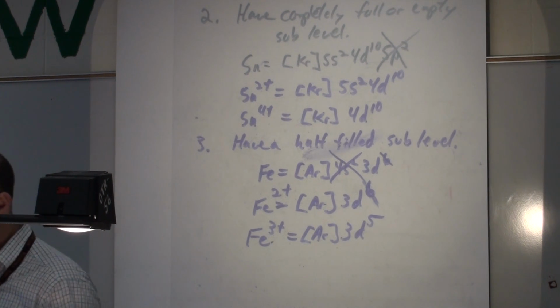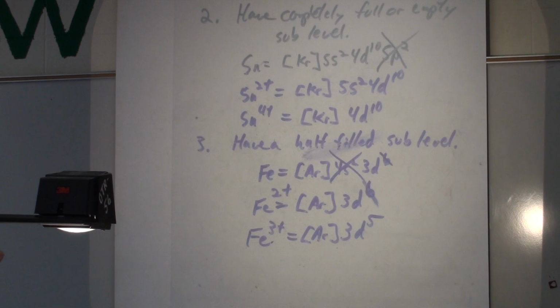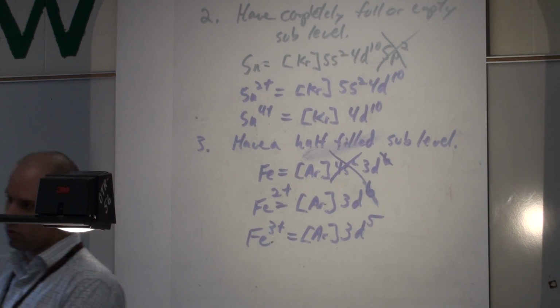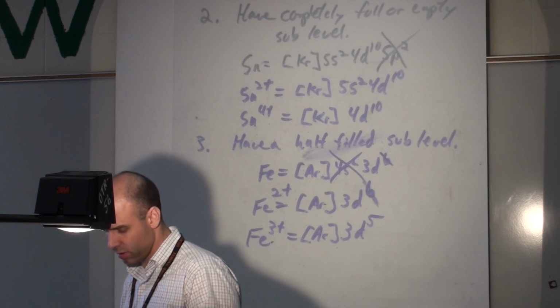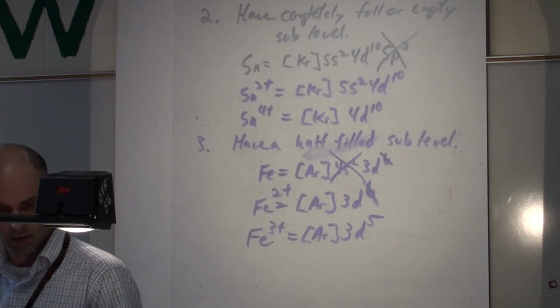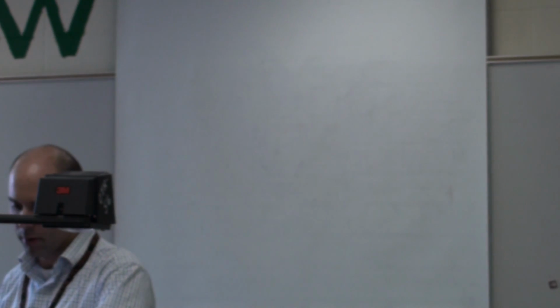So for homework, I want you to read 10.1 in the book, and then do the 10.1 worksheet. That's just the front side. The back side is 10.2. So you're just doing the front side, and then let's take a look at number 5 and number 6. For number 5,